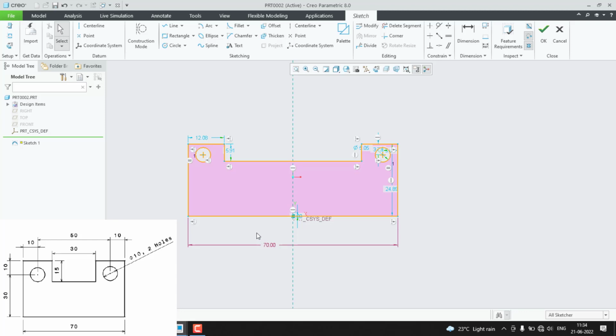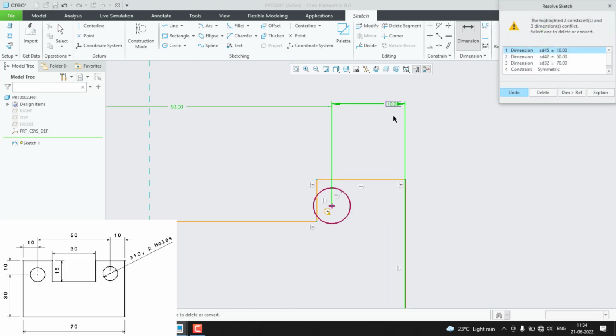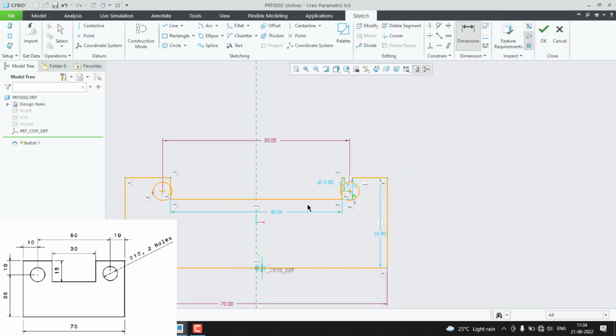And next thing is the other dimensions. The distance between these two is 50. So I repeat, if you want to define the dimension, just select the references and just press the middle cursor by hovering where you want to place it. Okay, it has the over constraints. Right now it is okay, don't define it. So you can change this dimension, it is 30,